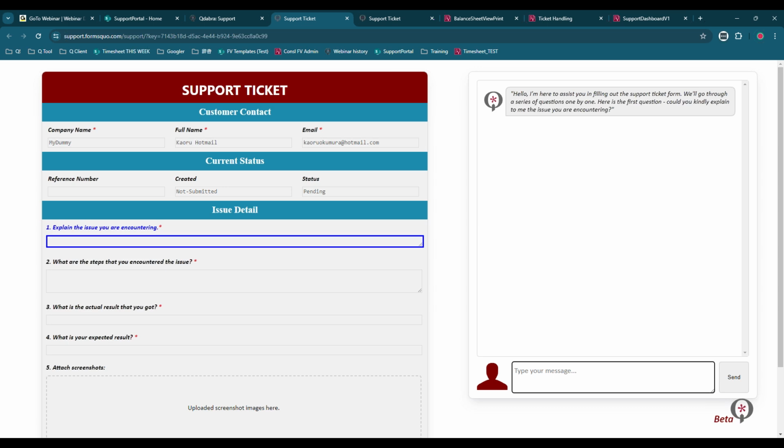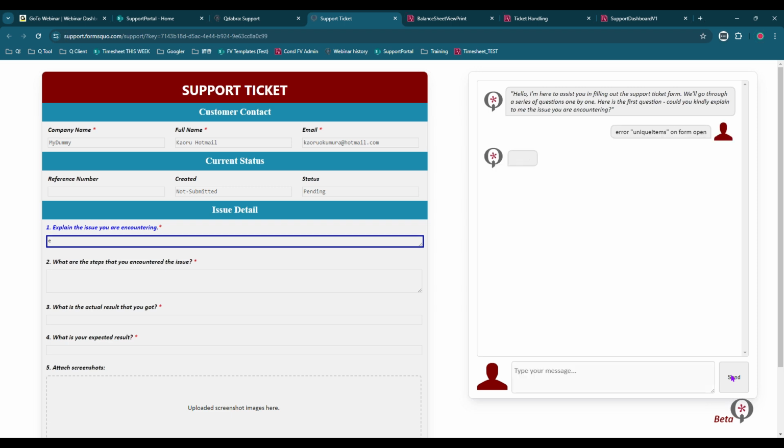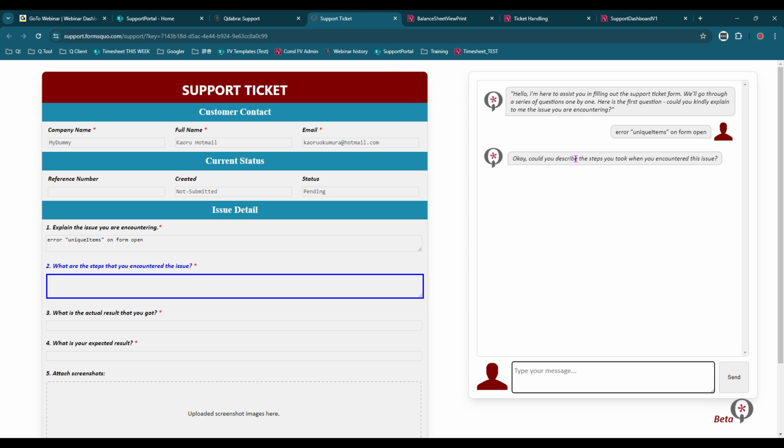So now, this is what the first question is: could you kindly explain to me the issue you are encountering? So I would say something like, I sometimes got this unique item error. I sometimes got this one. Then the next question is to describe the steps. And in fact, this happens so quickly just when I am trying to open the form and it says it's a unique